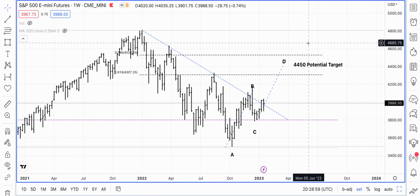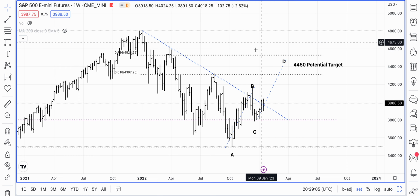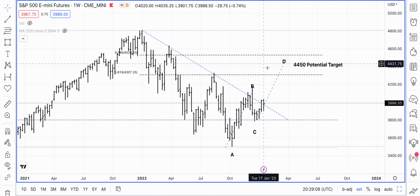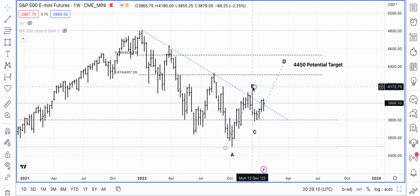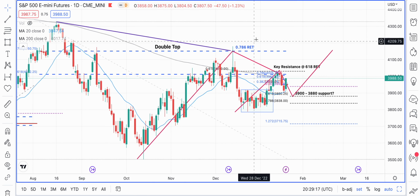What we also notice is that this is right in between the 61.8% and 78.6% resistance level, and it could act as a pretty strong resistance if the price, as we are expecting, should get there. Okay, so that's what we are looking at in the ES. Let's take a look at